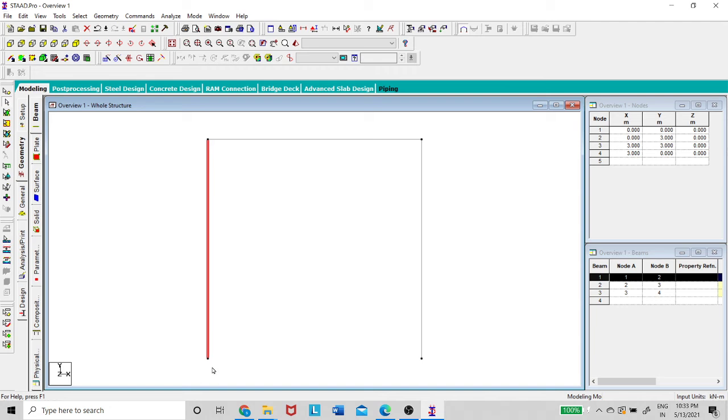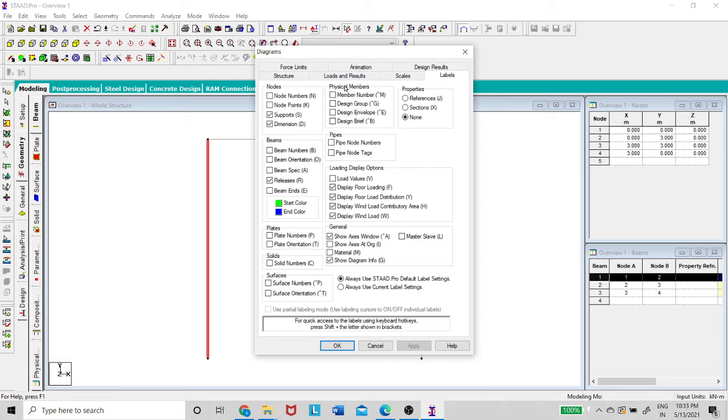So I want to see the node number and member number. For that, you have to go back to the display node. Here this icon is symbols and labels. So go to symbols and labels. In the labels, you select this node number and also you can select the beam numbers. Okay, apply.